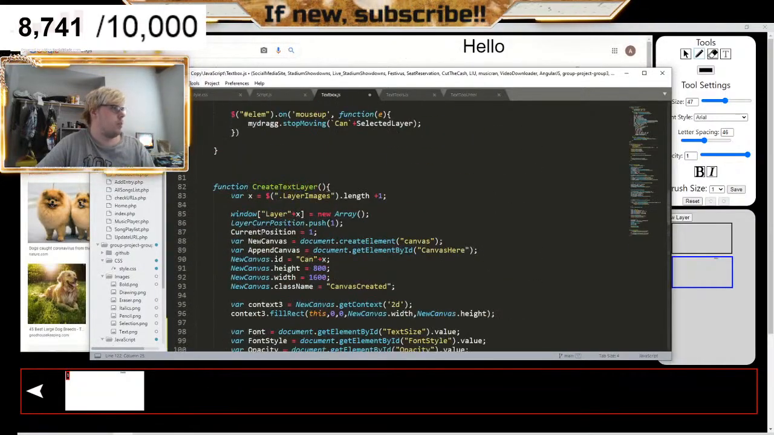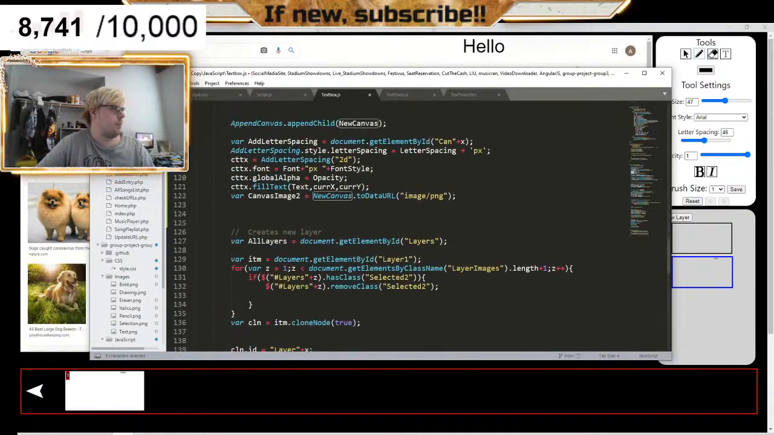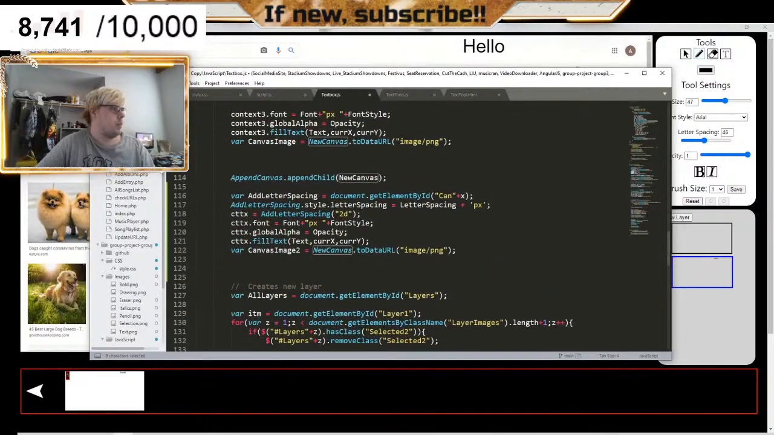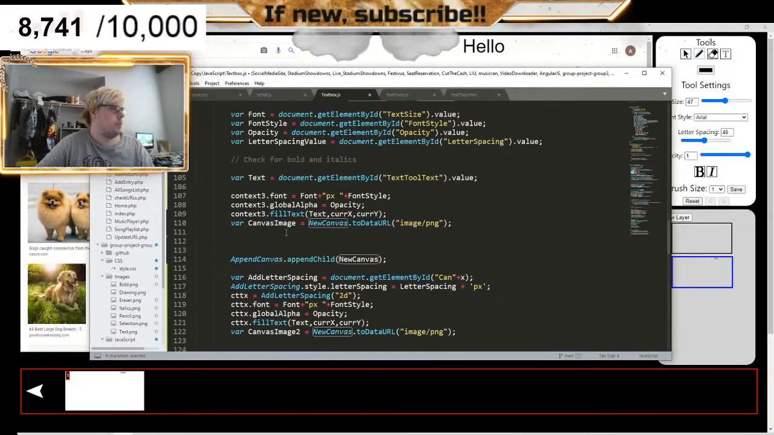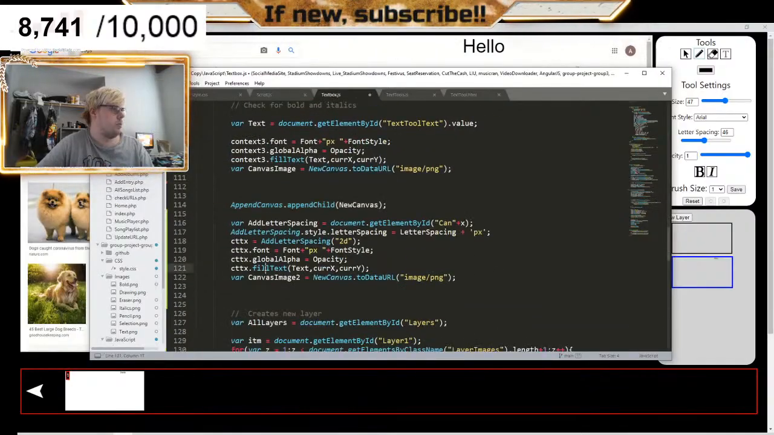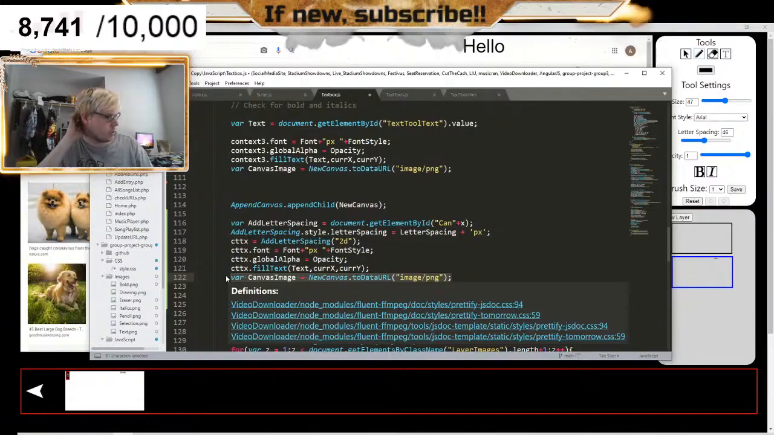New canvas. What is the new canvas here? Create element. But we're going to append. We don't need to append anything. We just need to. Wait, what did I do here? I'm so confused here, because if I change it to